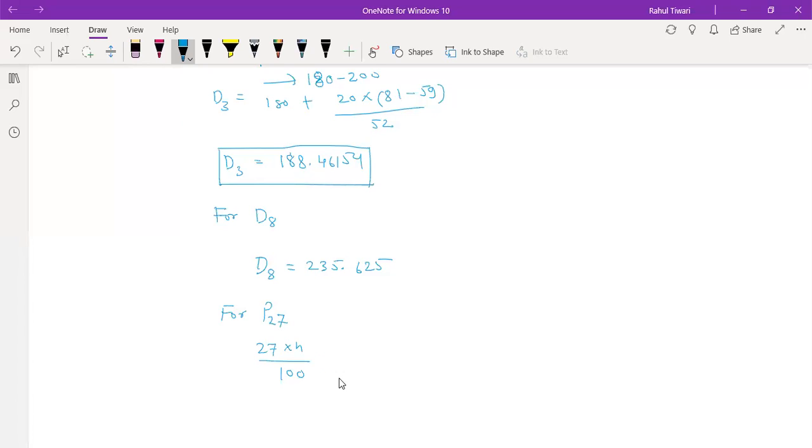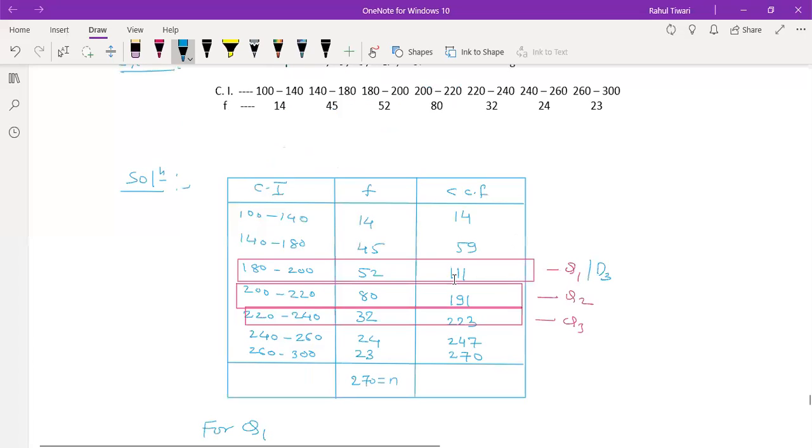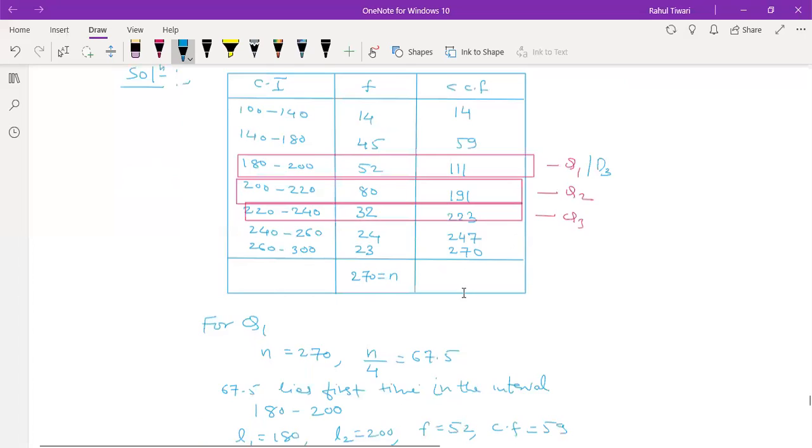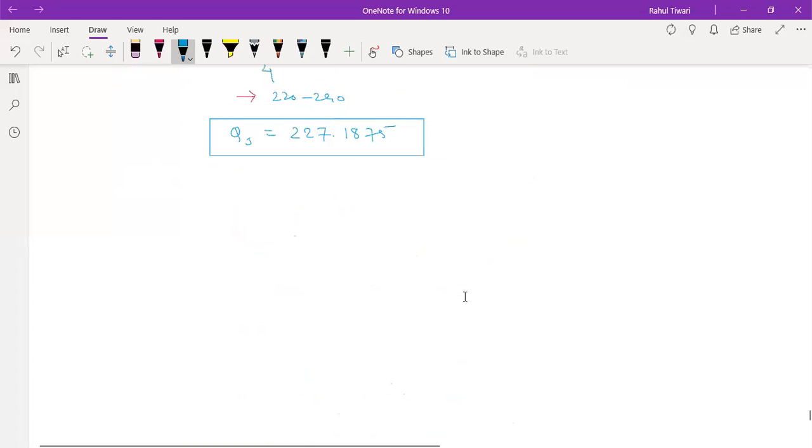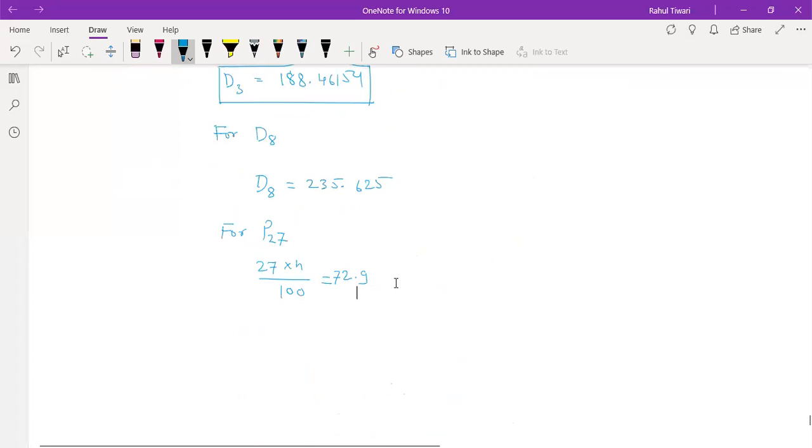If you calculate this, you will get 72.9. 72.9 again occurs in the same interval. Can you see? We get the same interval, which is 180 to 200. So if you calculate that term, your P27 is going to be